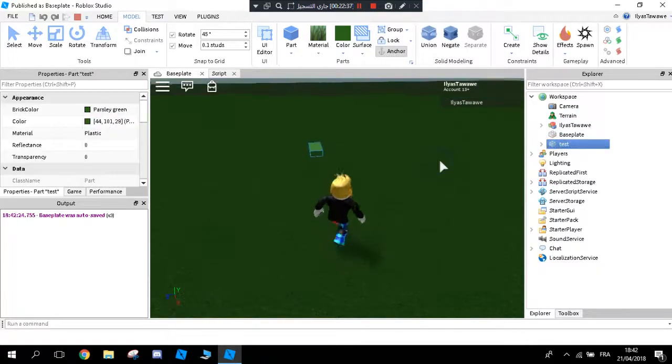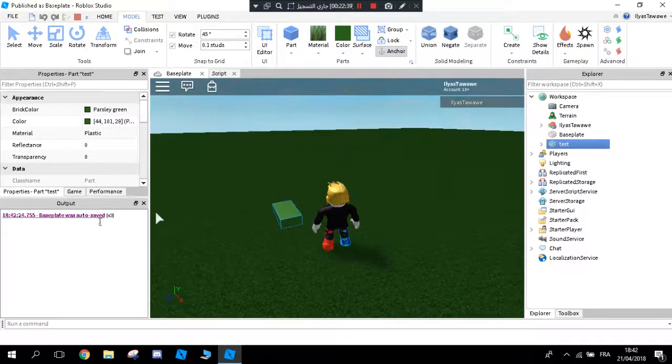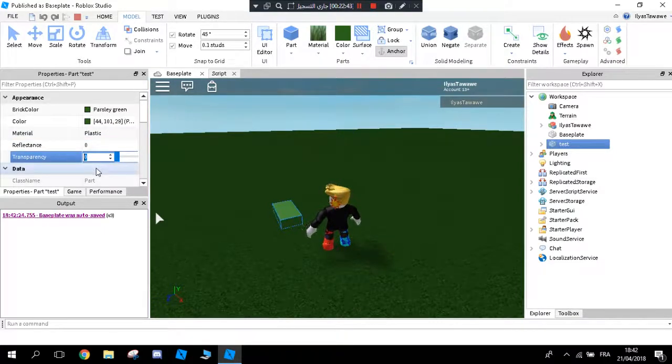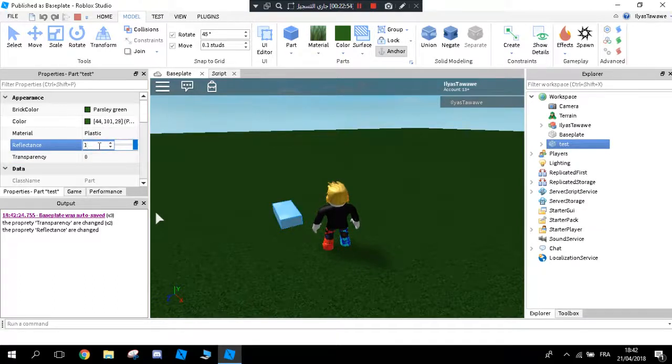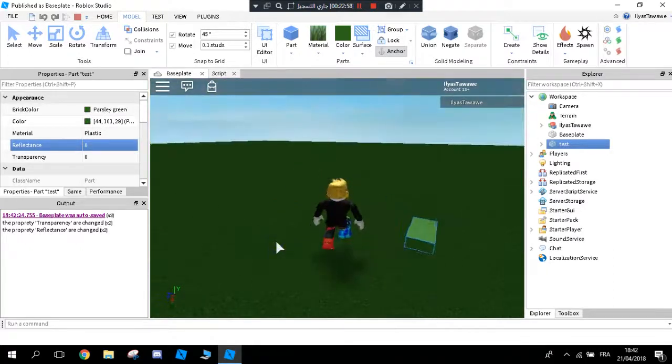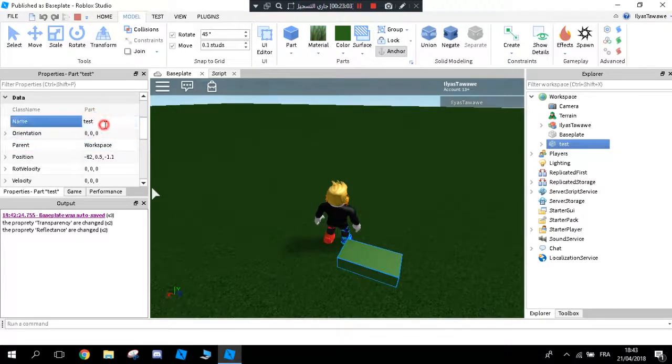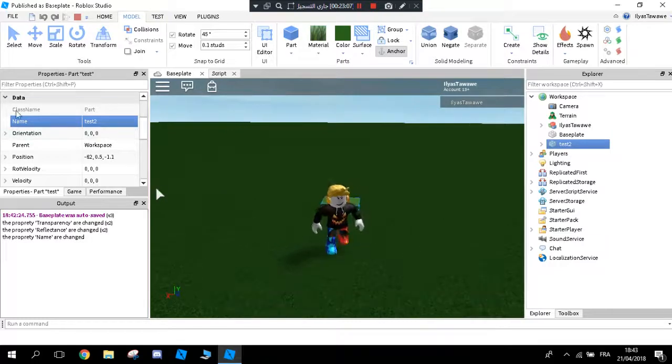Let's go. Test. Okay, let's change this a little bit. Transparency, let's change it to 1. As you see, the property transparency is changed. As you see, it gives the property that is changed. Reflection is changed to 0. Okay, nice. Name, like just 2. Property name is changed. As you see,